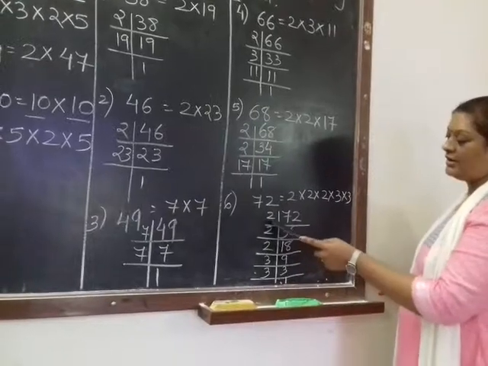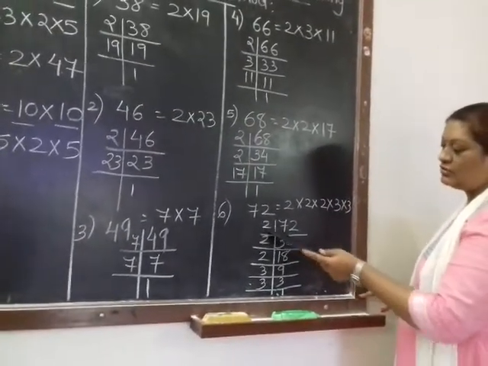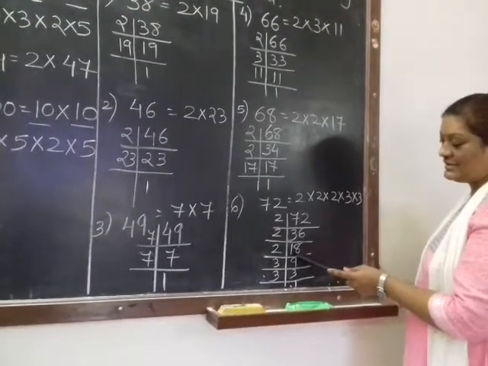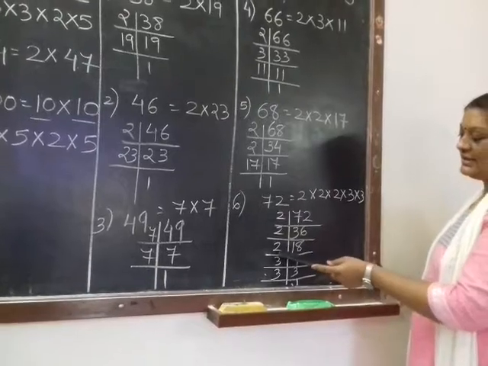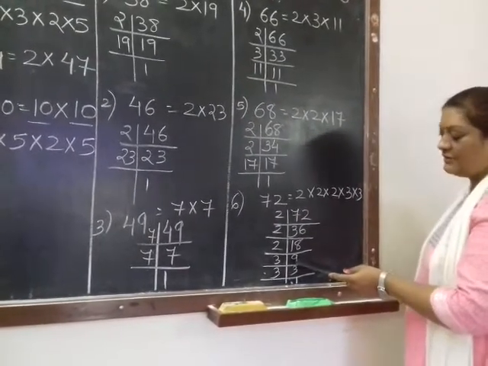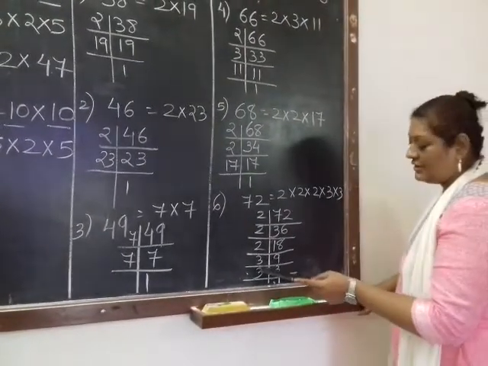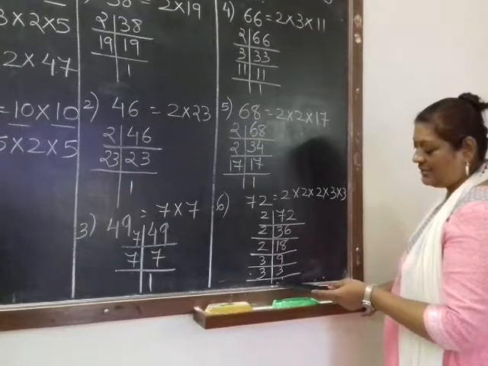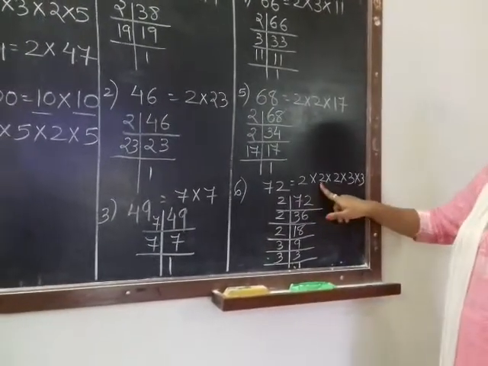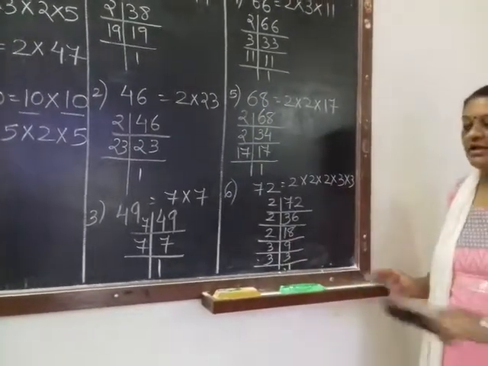72 is pretty long here, so you can see 2 when I divide with the prime number. 2 36s are 72. Again in the table of 2, 36 comes, 2 18s are 36. Again in the table of 2, 18 comes, 2 9s are 18. Now stop. 9 will not come in the table of 2, so which is the next prime number to be used? 3. 3 3s are 9 and 3 is a prime number, so 3 divided by 3, our answer is 1. So the factors are 2 into 2 into 2, 3 into 3, which we are getting here.